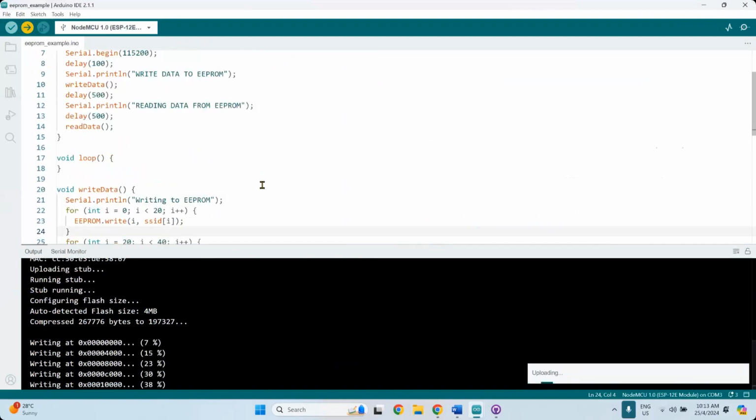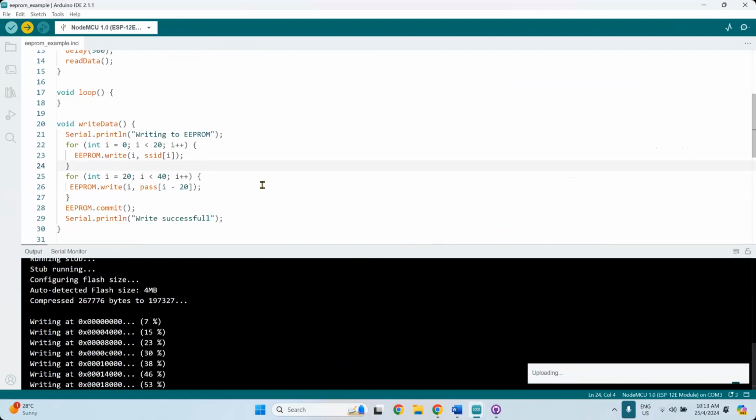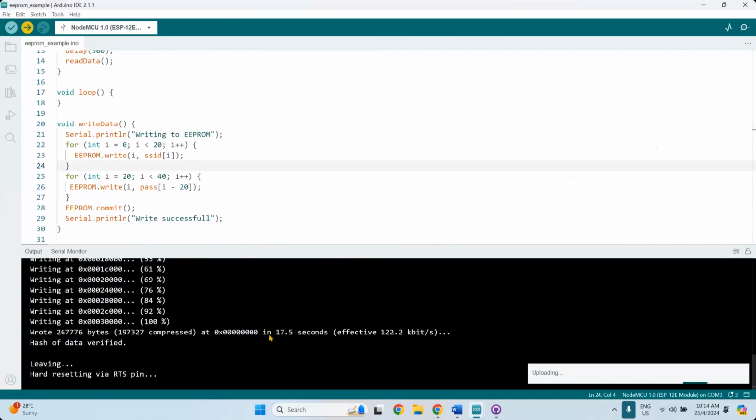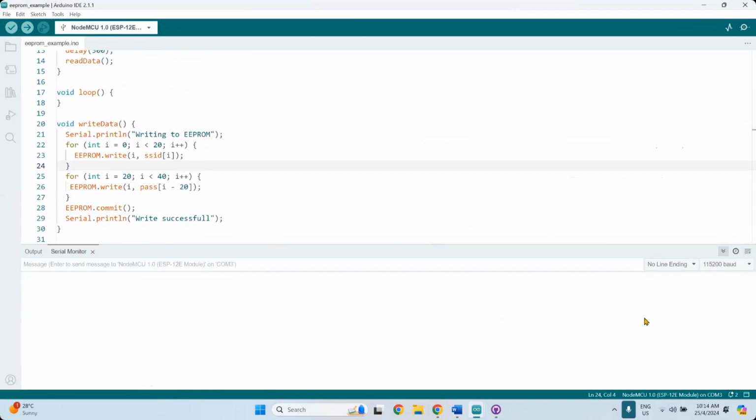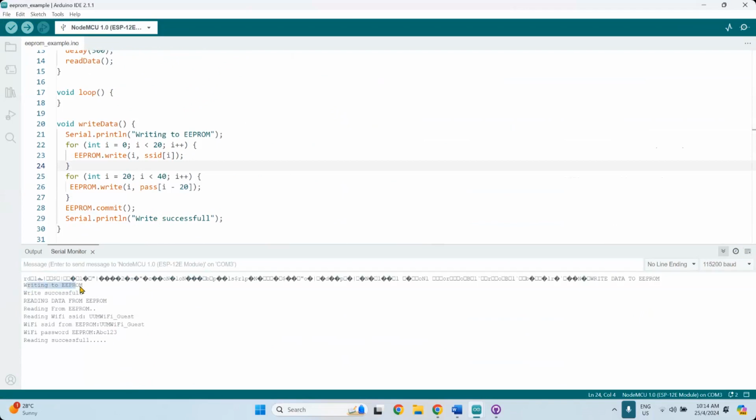20 to 40. Okay. Yeah, that's right. ABC123, Wi-Fi gas. So both data basically come from EEPROM. So let me just clear this one more time and then reset. Okay, so writing to EEPROM, write successful, reading data from EEPROM.